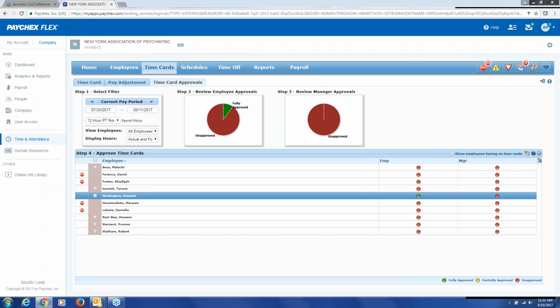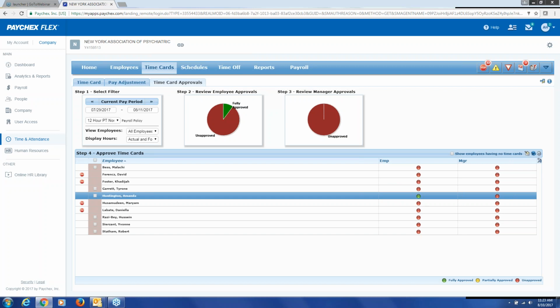It's kind of odd, because I'm not entirely sure how sometimes pieces get approved and not all of it, but we did have a couple of people where for some reason there was a day that didn't get approved, or somebody had to have a time off thing inputted. If they contact me and say, I took this day, but I didn't have time to request it, how do I get it into my timesheet, then the supervisor might have to go back in and approve that one day that's been added,